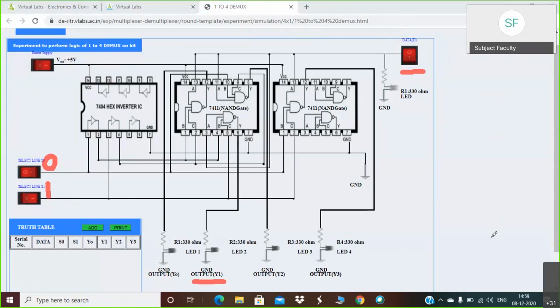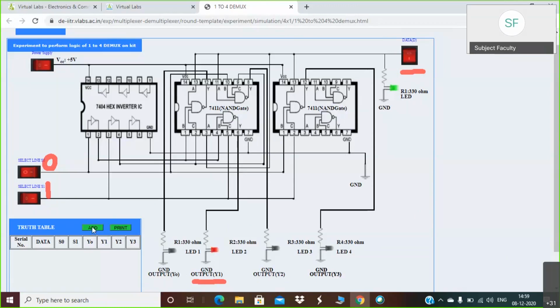This is our input. I am again making changes in the input and the corresponding changes will reflect at the output Y1. You can observe both LEDs are on. If you make the data input off, then again both LEDs will be off.